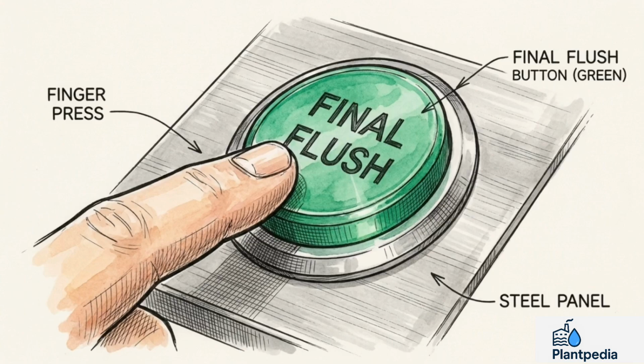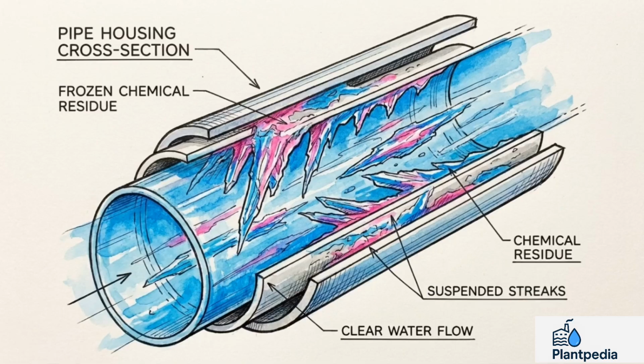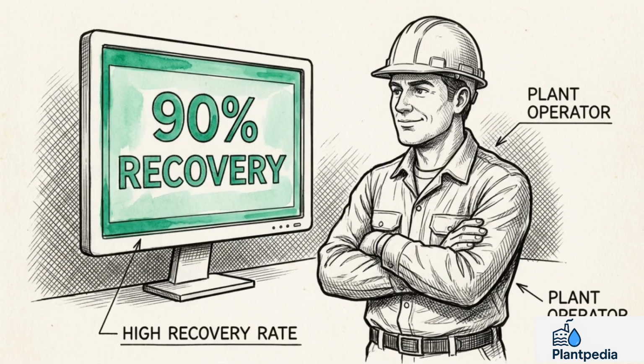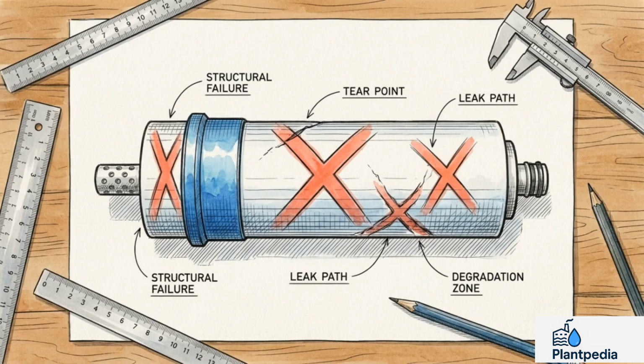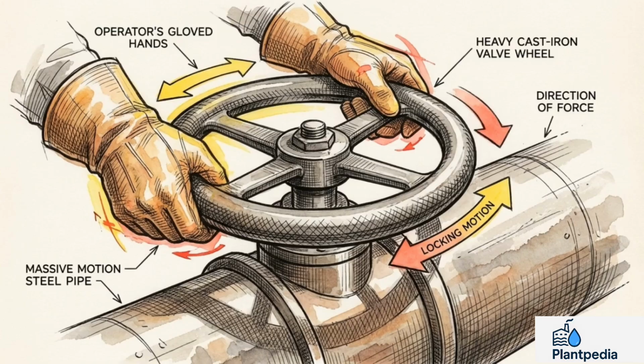And the final mandatory step, always execute a permeate flush post-cleaning to ensure residual harsh chemicals are removed from the housing. Operational ambition for high recovery rates, combined with aggressive maintenance routines, can paradoxically be the exact forces that degrade the membrane. Now that we've completed a retroactive autopsy of the 7 failure modes, we must shift to a system